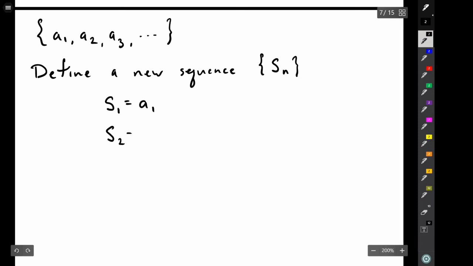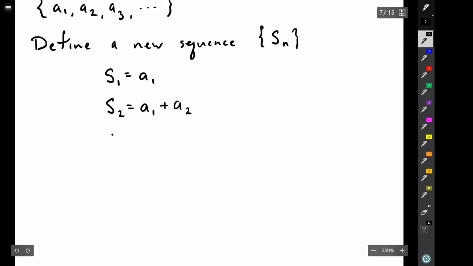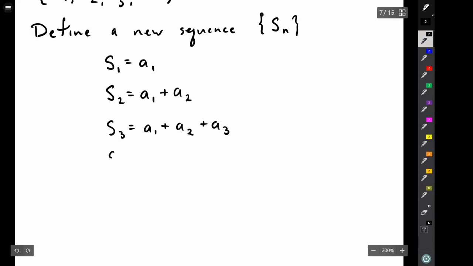S2 is going to be the sum of the first two terms. S3 is the sum of the first three terms. And you can probably see where this is going. We're just going to keep adding up the terms in a sequence,